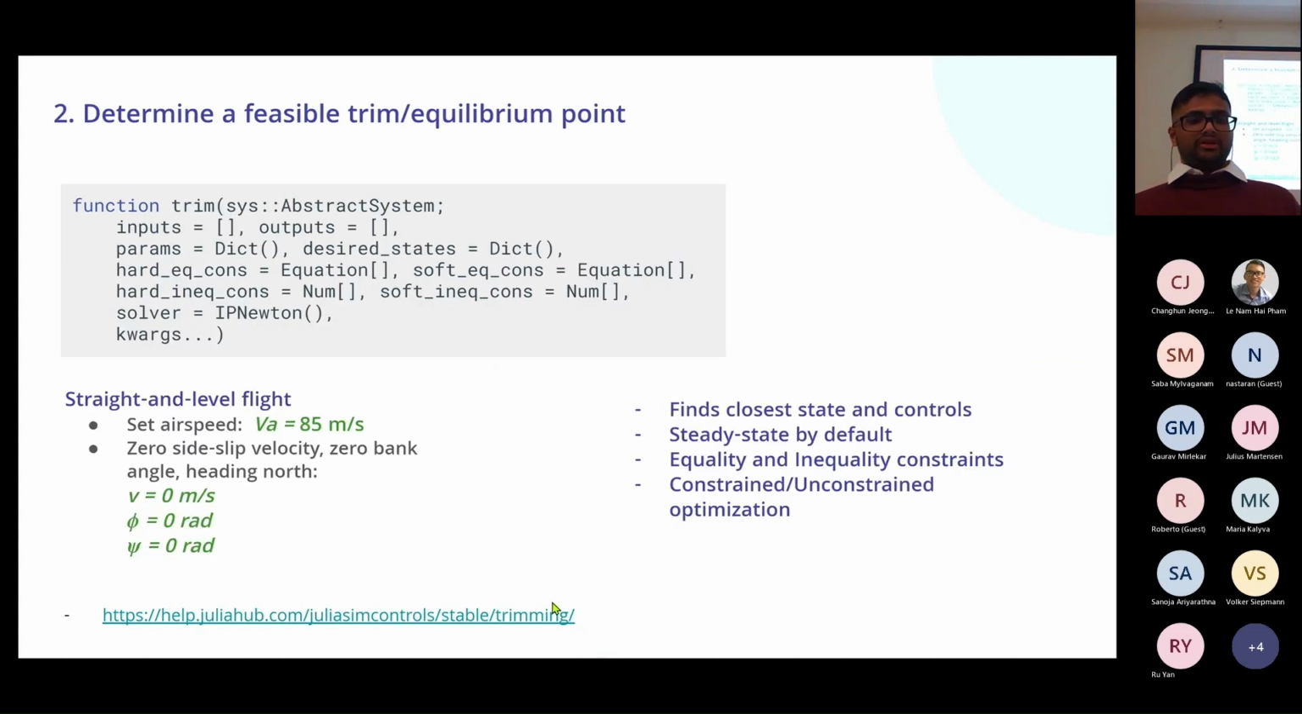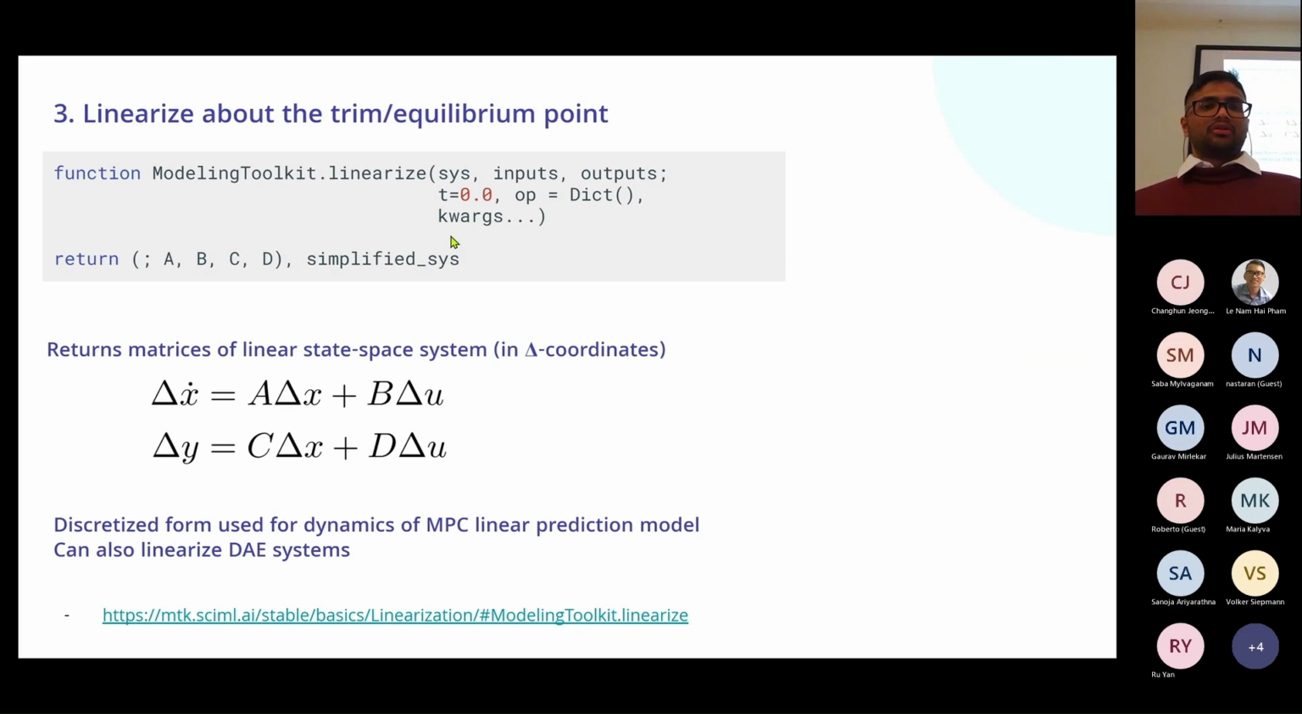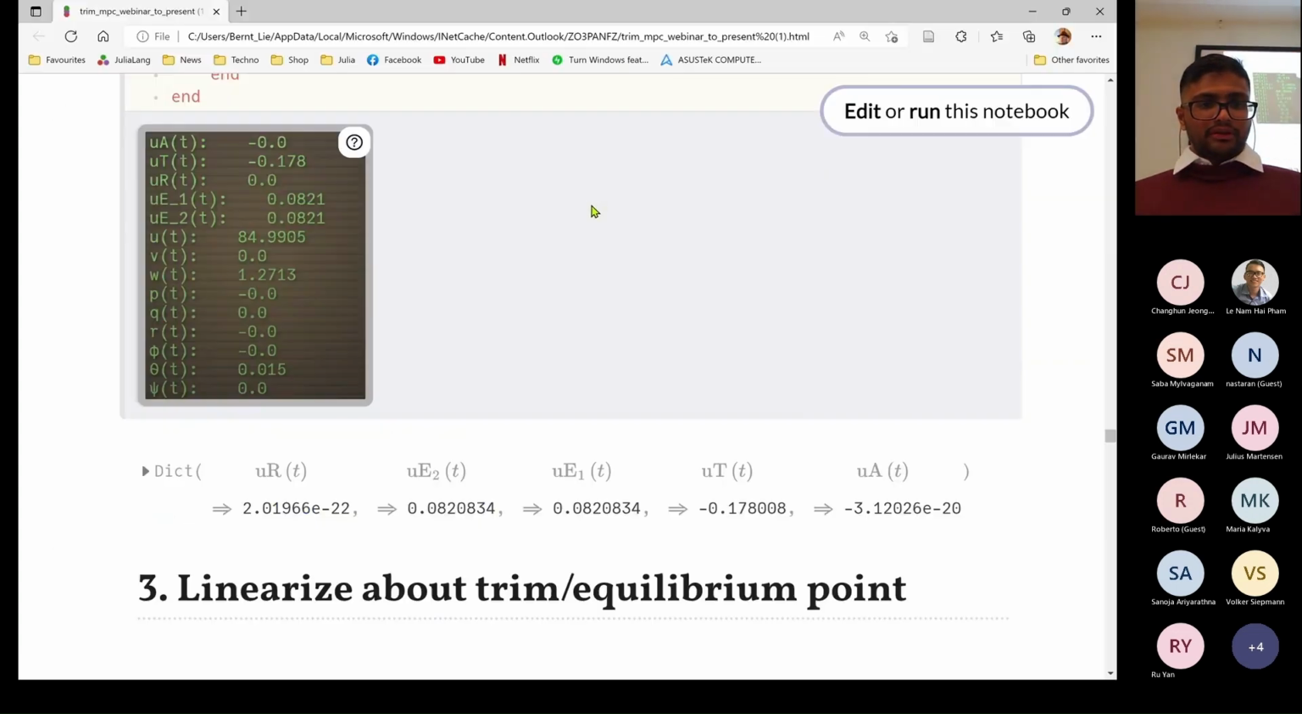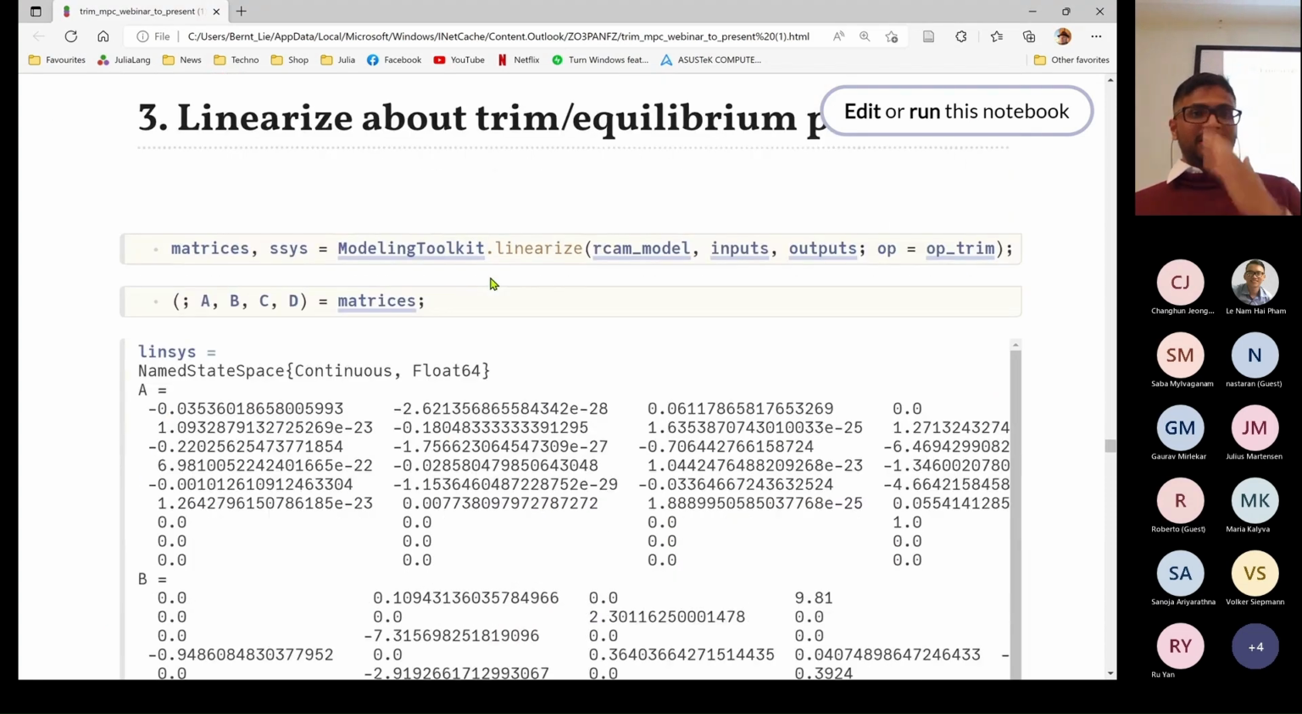Again, the documentation is written here. The ModelingToolkit.linearize tool comes in. So this gives us the linear state space system in these delta coordinates, and once again put in a set of inputs and outputs, and then put in the trim point. So as an example,